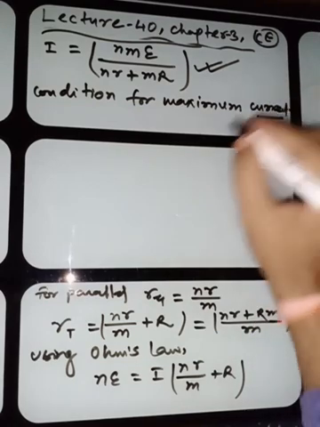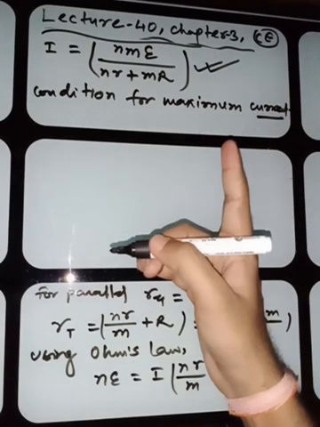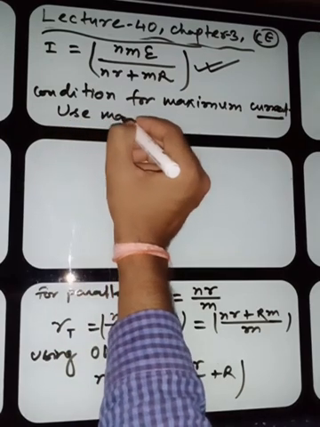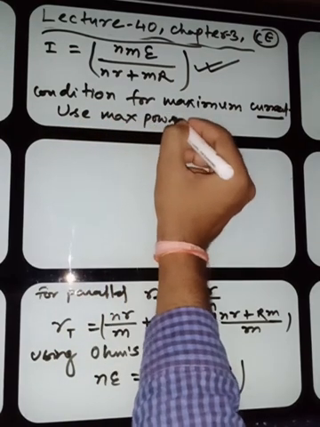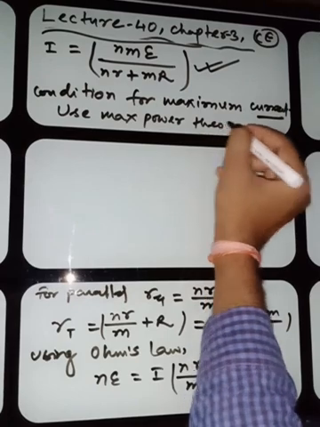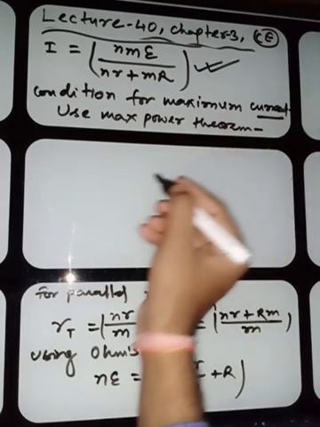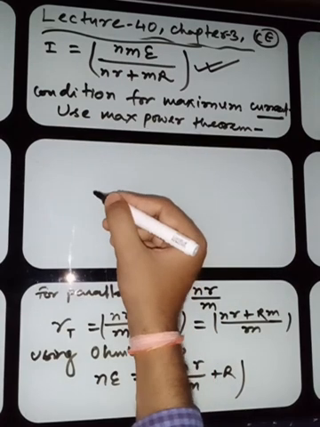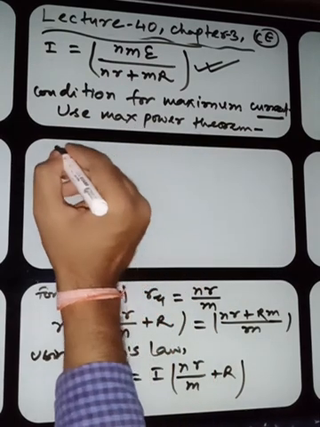Let me write here the maximum current. What we'll use? Maximum power theorem. What this theorem actually tells us is that the external resistance